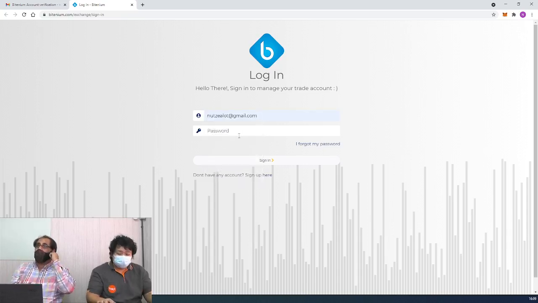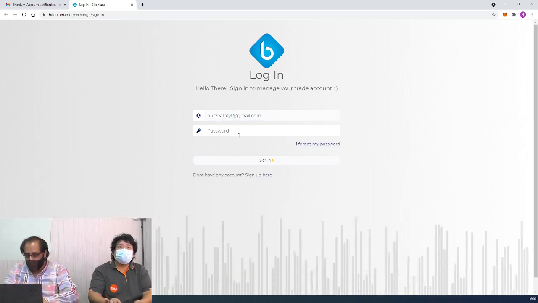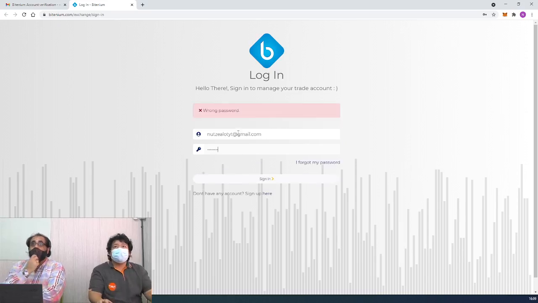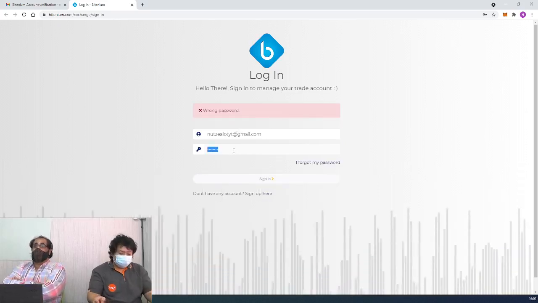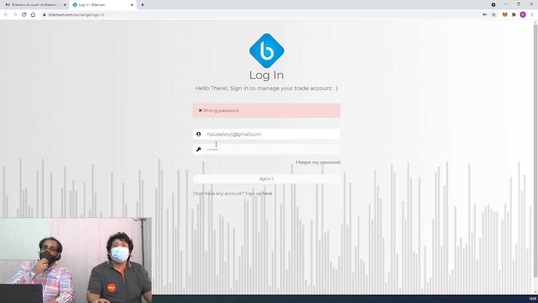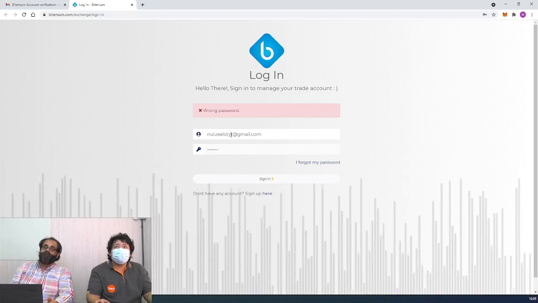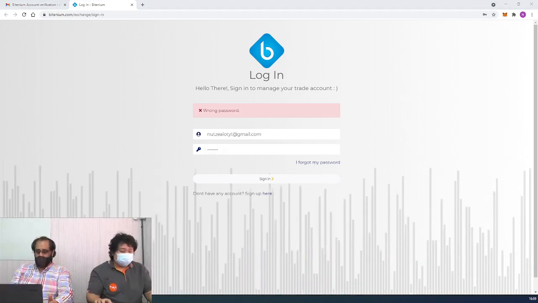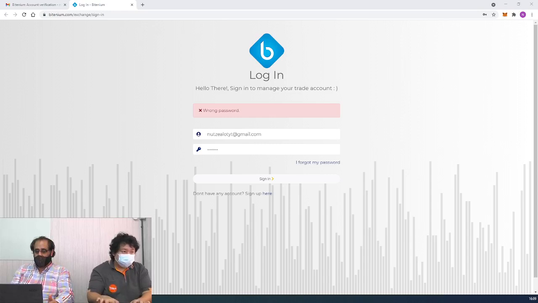The next step you have to do is go for registration and login. In login, if you type a wrong password, it will give you an error first. Make sure your passwords are correct. Write down and note down all the passwords so that you can easily enter them correctly when you add them on.